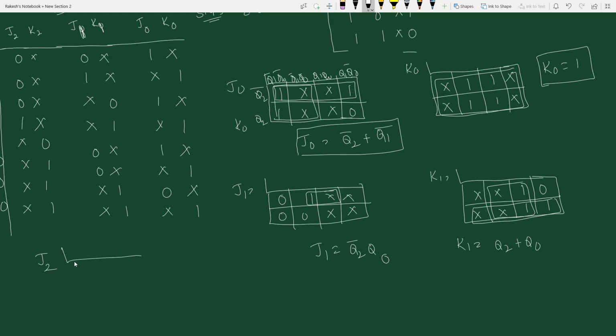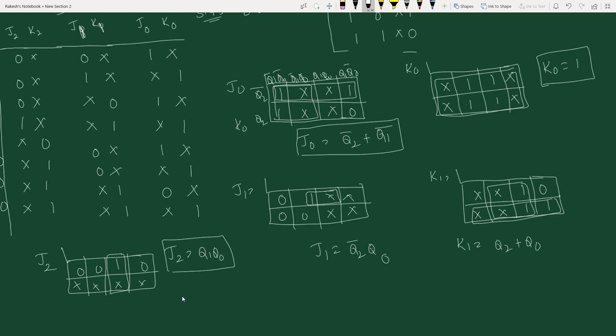Similarly, if you do it for J2, if you write for J2: 0, 0, 0, 1, then x, x, x, x. So I can make this as a pair. So my J2 will be Q1 into Q0.